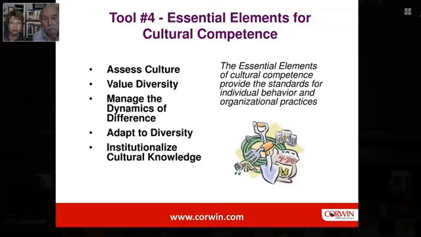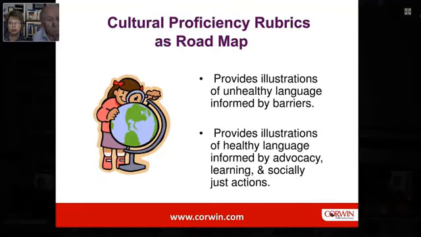When you registered, you were sent by email a rubric, one of the rubrics from one of the books. There are rubrics in several of the books. This one happens to be the curriculum instruction rubric. And the rubrics are like roadmaps that will guide you in developing action toward the right side of the continuum. One of the things we want to caution you about the rubrics in our books, they're not developmental in the sense of you want to start on the far left side and move along. You don't want to go from cultural destructiveness to cultural incapacity to cultural blindness. You want to leapfrog. If you're on the left side of the continuum, you want to really leap way over